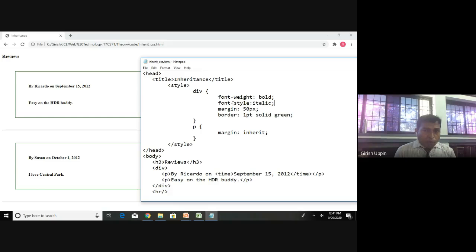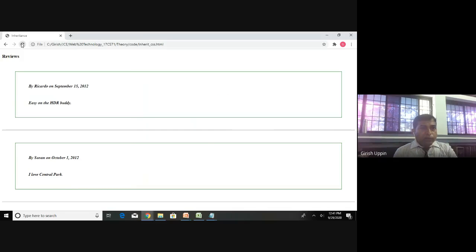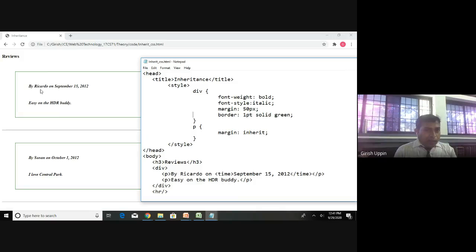I added one more property to the div, which will make it italic, so even that will be inherited by the paragraph. I will save this and refresh. You can see here, now it has inherited the margin, because we asked it to inherit. Margin colon inherit. Inherit is the keyword that you will use. So it will take this margin from here.